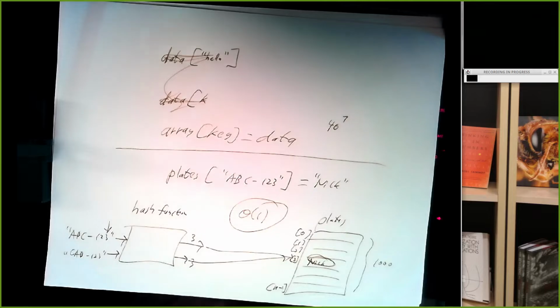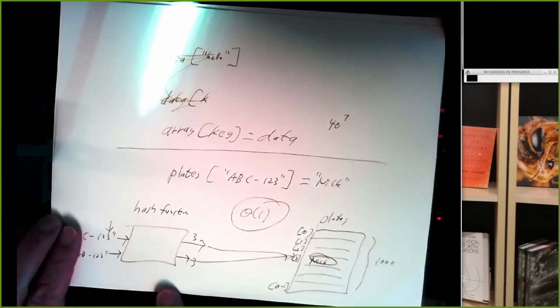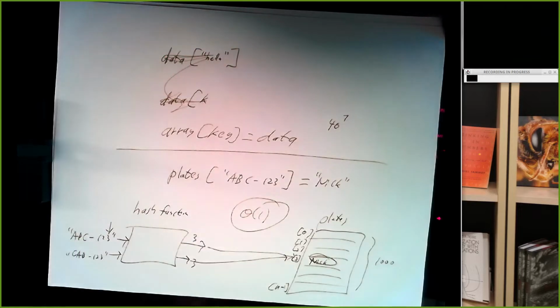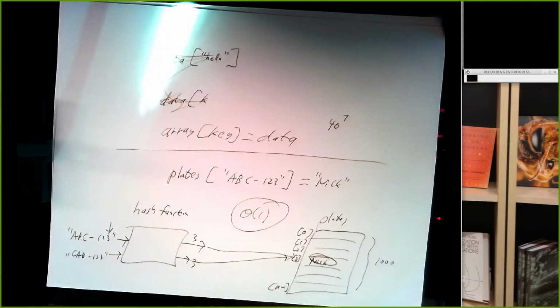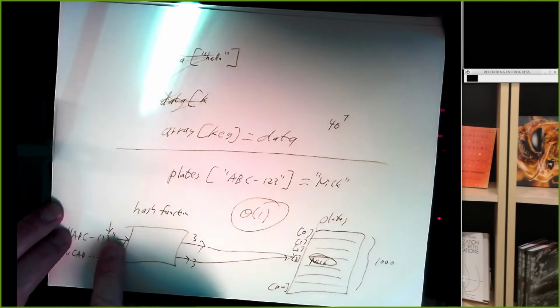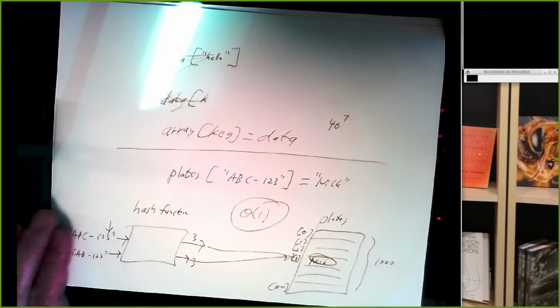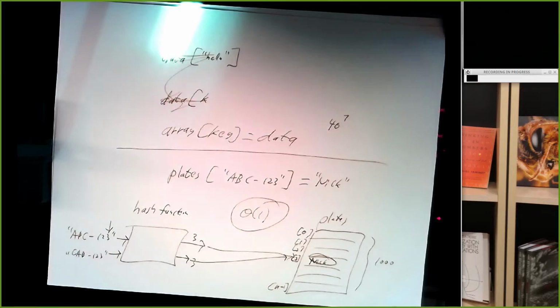So in this case, could you just add up the last 4 digits? Because those would be different. I could have a hash function that adds the last 4, but for these 2 plates, again, those would hash to the same thing. Well, because you have ABC and then CAB, so you'd have C123 and B123, which would be different, right? Oh, you mean do the first one and the last 3? Yeah, like the first one in front of the hyphen there, and then the last 3 digits. Ah. But then again, I guess if you add BA and AB, it would still be the same thing. So. Yeah, so it's a good idea, and it gets to the essence of how you create a good hash function,